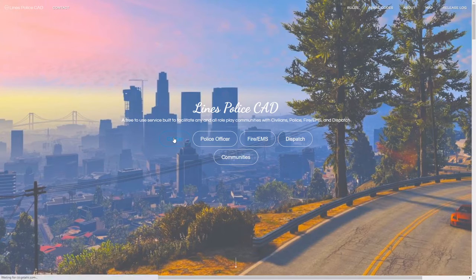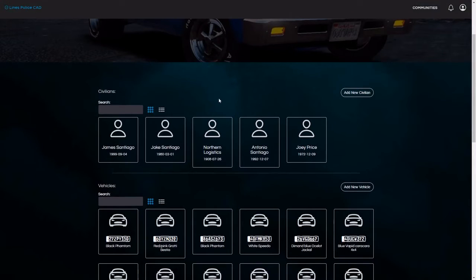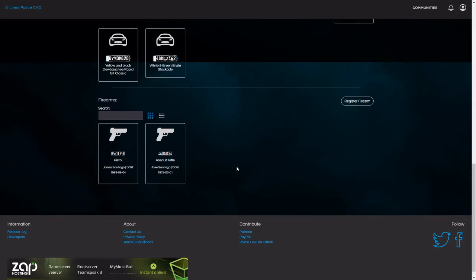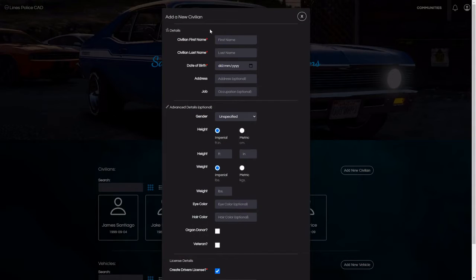So, here we have the civilian portal. So this is the home page for the civilians. As you can see here, you got your civilians, your vehicles, your firearms, and a few adverts. So, how to add a civilian you may be asking? Well, this is how. You click Add New Civilian, put your first name in, your last name in, your date